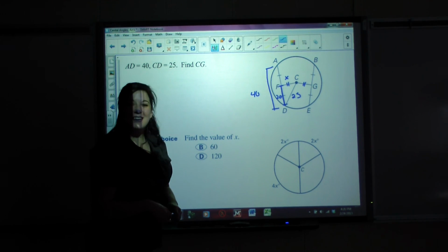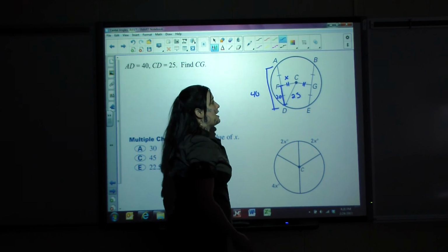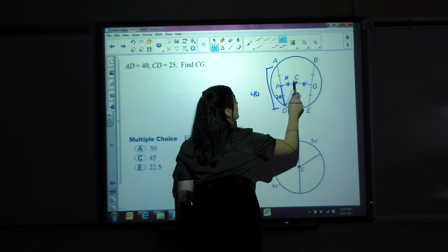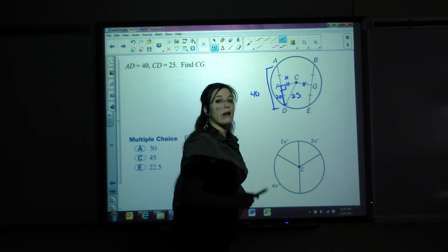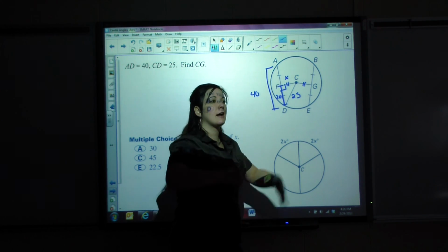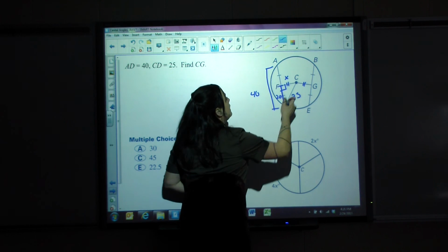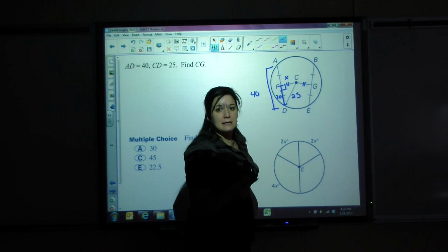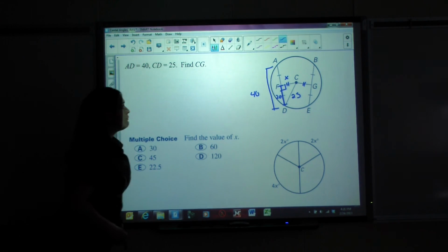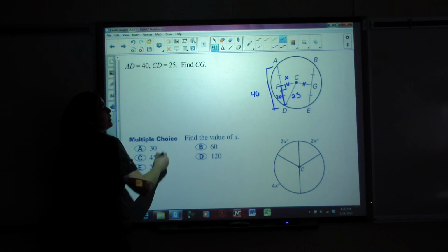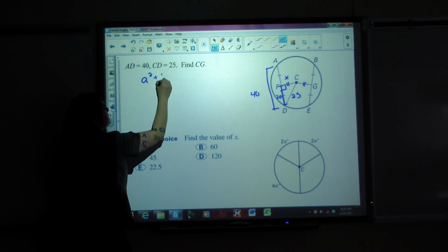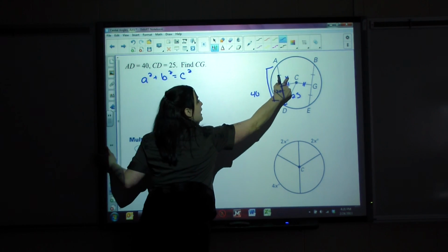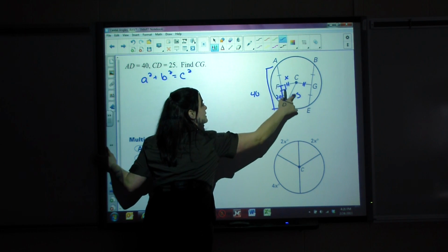So, again, I've set up what should be a right triangle. Because if these chords are the same, and I want these lengths to be the same, then it should be a right angle because it's got to be perpendicular. Again, going back to your theorems, if these are equal length, then I know it's got to be perpendicular. If it bisected, it was perpendicular to the center. So, here we go. We're going to use a squared plus b squared equaling c squared again. A and B are going to be our x and our 20, and C is going to be across from the right